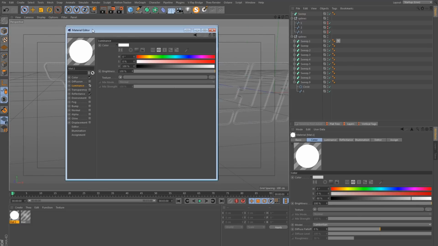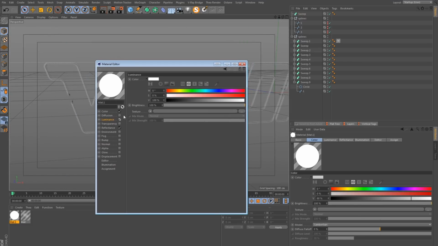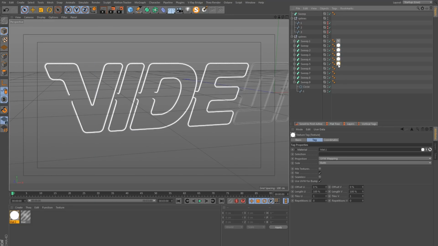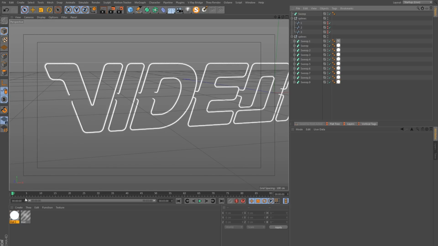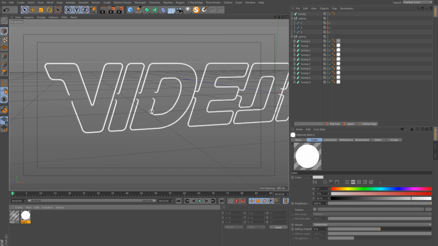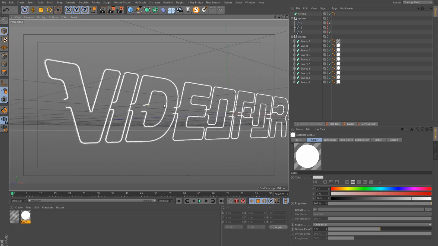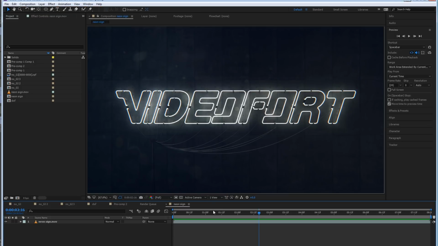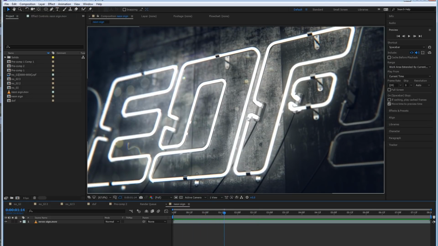And for the inside material, we just need a standard material with luminance turned on, and then this will be applied to all of the letters. Now when we get to do the animation, some of these will have to be separate materials as well, because of course we want to turn this on and off at different times, but you get the idea. But anyway, the next thing here is to make these extra details you see, so the power cables and the hooks. So let's start with the cables, and the cable is made up of 2 sections.